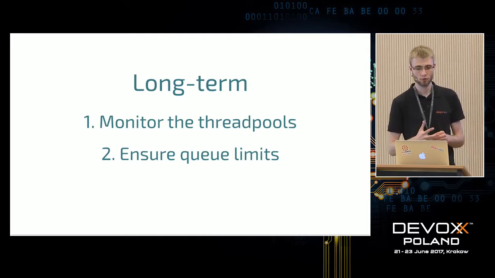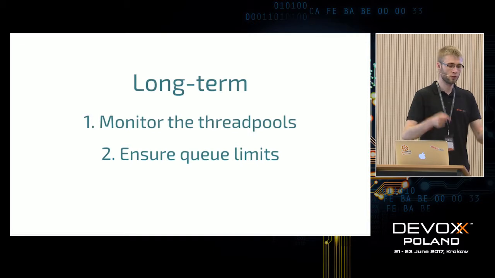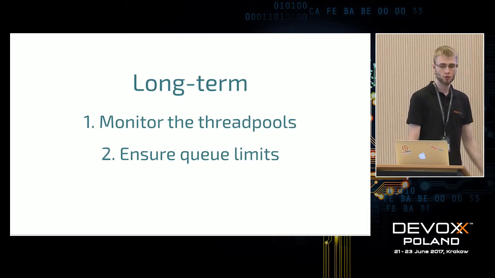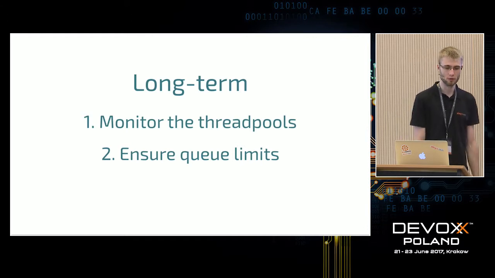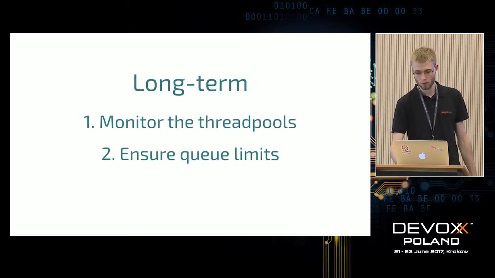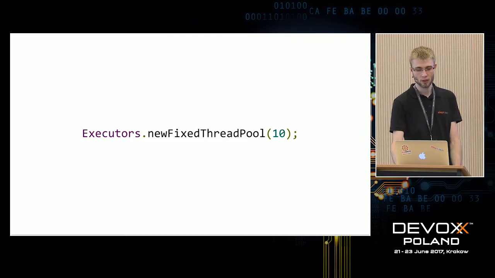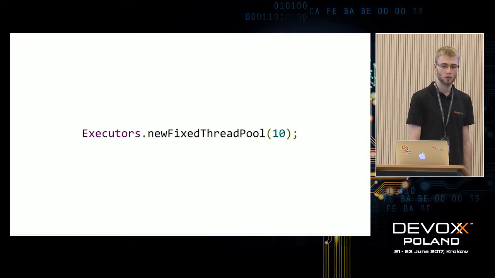That's also very important, to be able to know when we get more load that we are able to successfully process it. And for sure, we want to get alerted whenever our queue is full. And yeah, ensuring queue limits. Queues are in multiple places, in thread pools, but basically they're throughout an application. It's important to know where they are, so we know where to limit them. Because often the queues that we build are not bound in size.